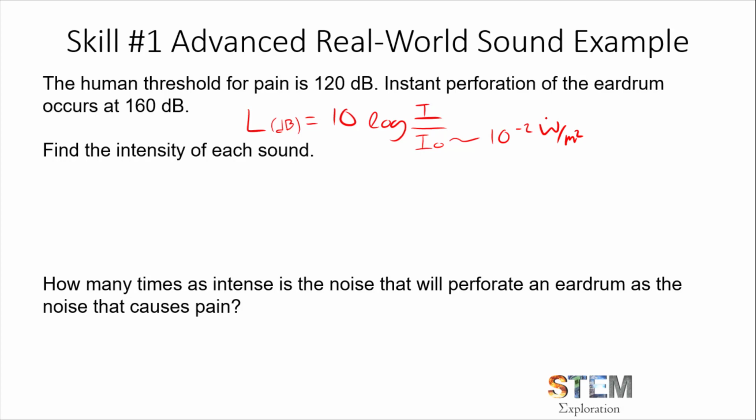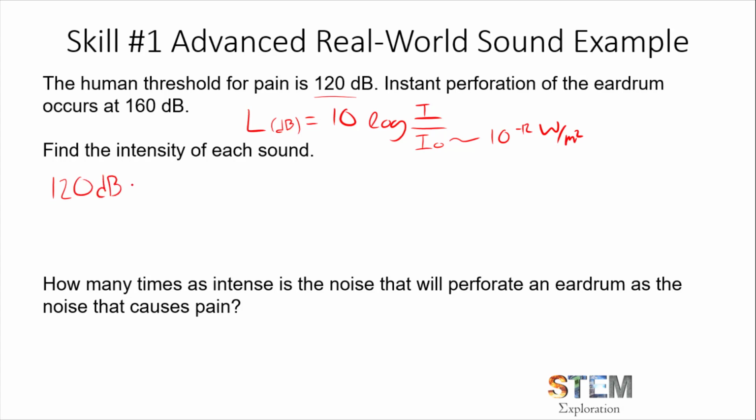Even a quiet room with no ambient noise whatsoever still exhibits a certain amount of waves per meter squared. You can't be in a room where there is no seismic activity in any way, shape, or form. This is considered the minimum baseline, 10 to the negative 12. To figure out how intense something is in watts per meter squared, we plug in the value we have, plug in the constant I naught, and solve for I. So to find the intensity at 120 decibels,